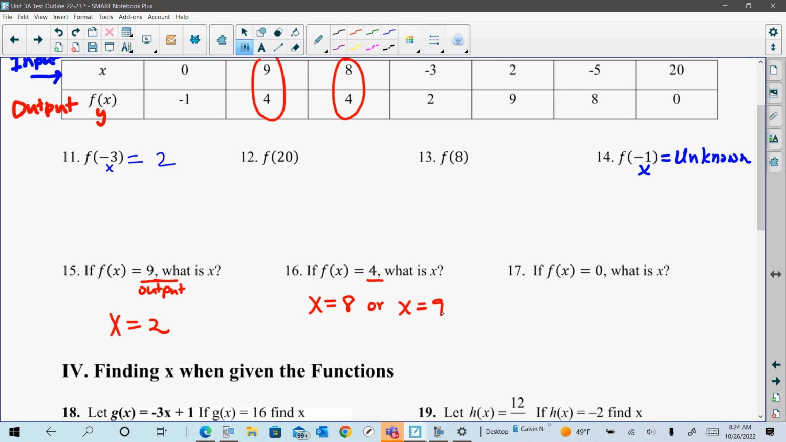Guys, do we have questions on evaluating functions from a table? This section? All right, so